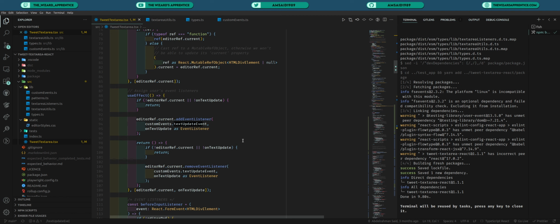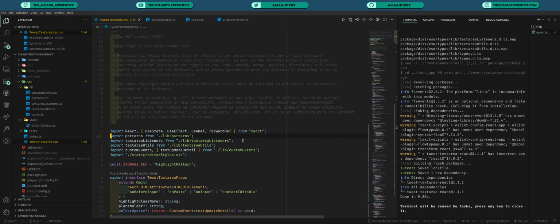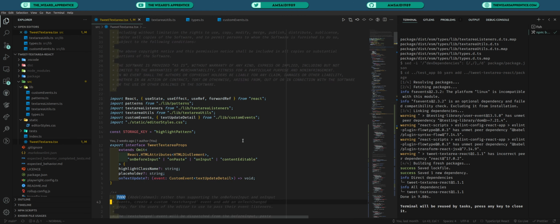Oh yeah. Okay, and let's see what are we using text update detail for, because I can't really remember. Oh yeah, we're using